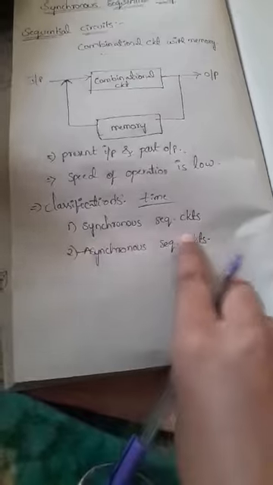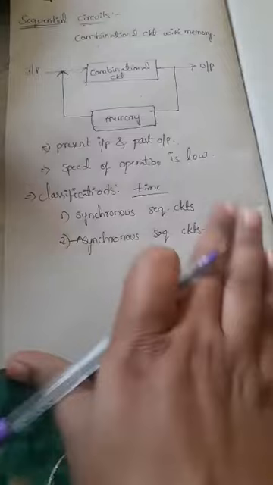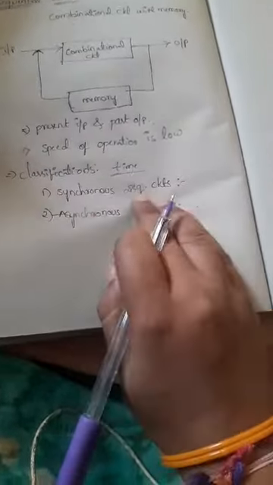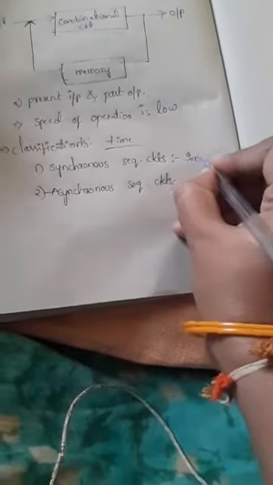First let's see what is meant by a synchronous sequential circuit. As the name indicates, it runs with the same clock pulse. Synchronous is nothing but a similar clock pulse. Whatever sequential circuits we take in synchronous, all those circuits run with the same clock pulse. That means a single clock is connected to all the circuits in synchronous, so they have a similar clock pulse.